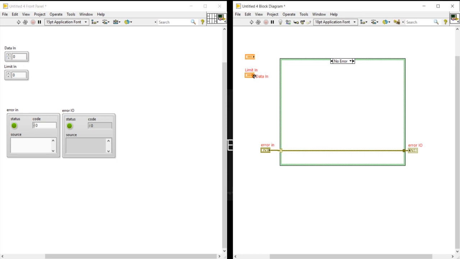Okay, take both inside the loop. Right click, create indicator, data out. Limit out.